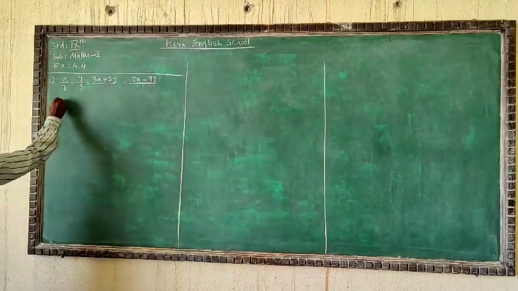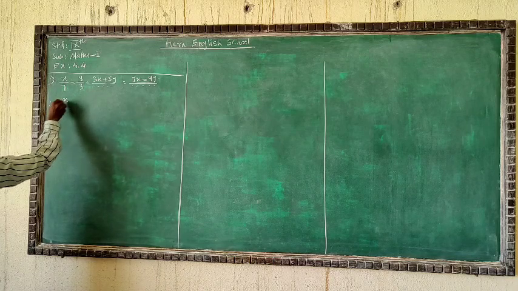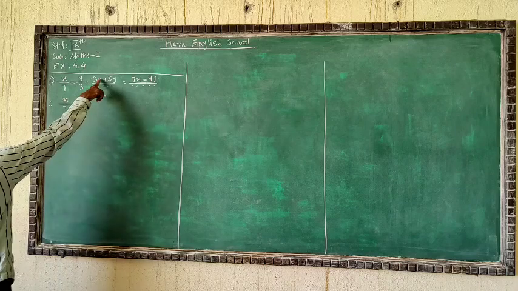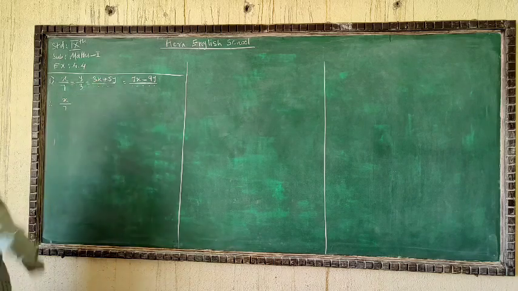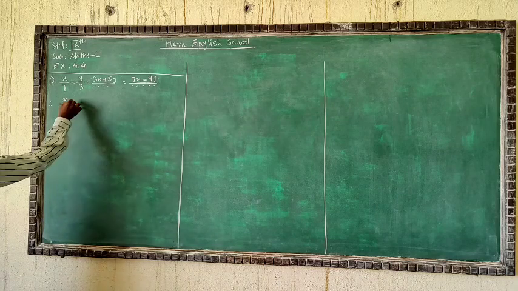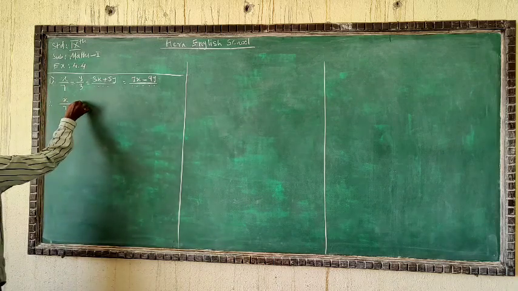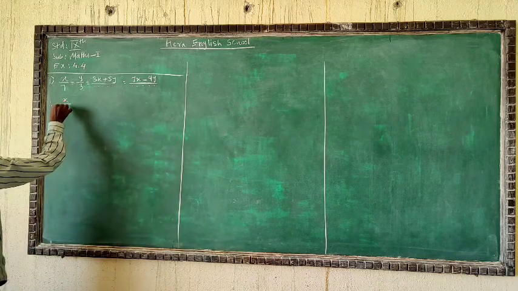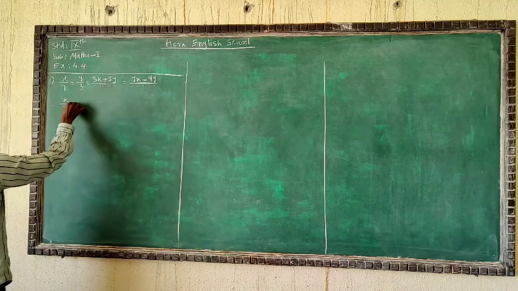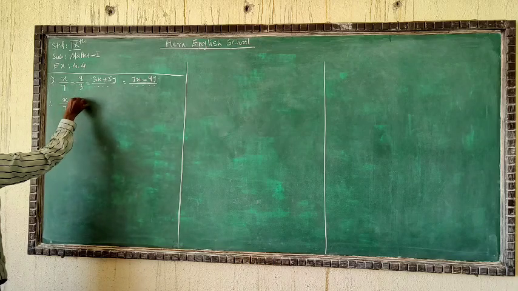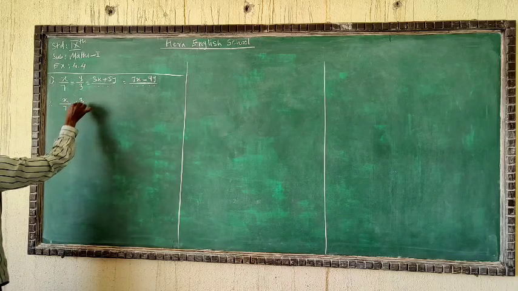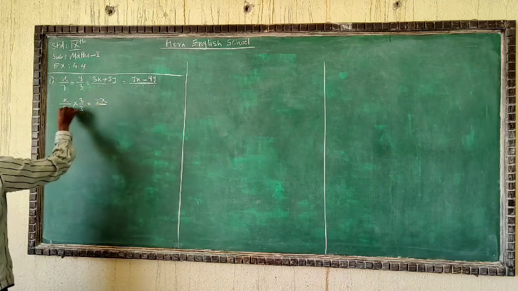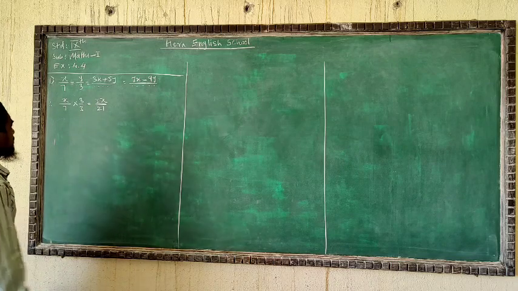So first of all, according to the given, we have x upon 7. Now to make this x upon 7 into 3x, both are equal, x by 7 is equal to y by 3. So first of all, this x by 7 we will multiply by 3 upon 3 to make the 3x. You will get here 3x, and downside, 3 times 7 is 21. From the first